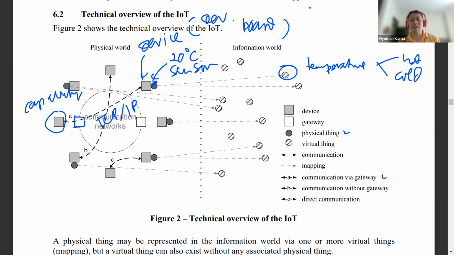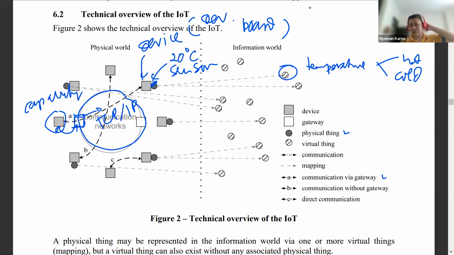So in this case, we need a gateway. A gateway is something that transforms the communication between devices, so the data can be sent using the communication network protocol on this side, for example, TCP/IP.